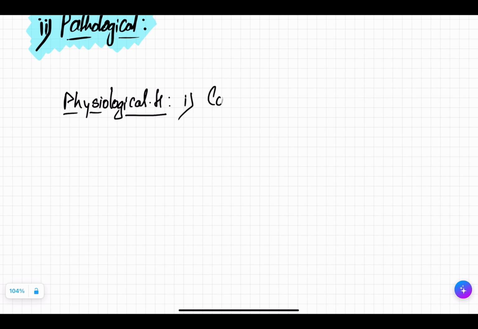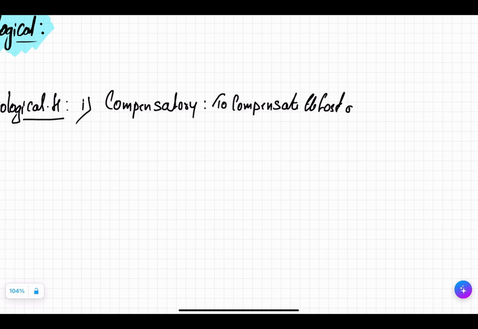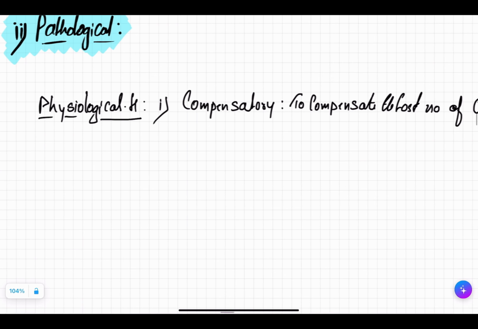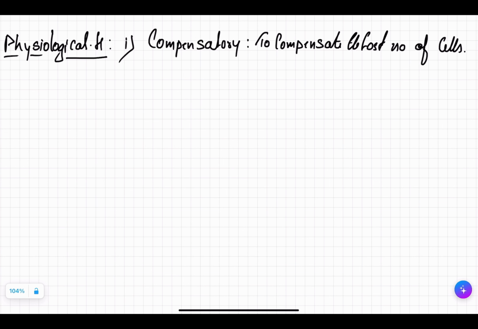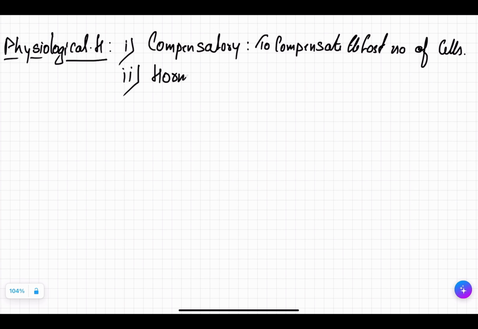One, compensatory. Compensatory means the cells will divide to compensate for the lost number of cells. Got it? While the second one will be hormonal. This is not compensatory, this is hormonal, where